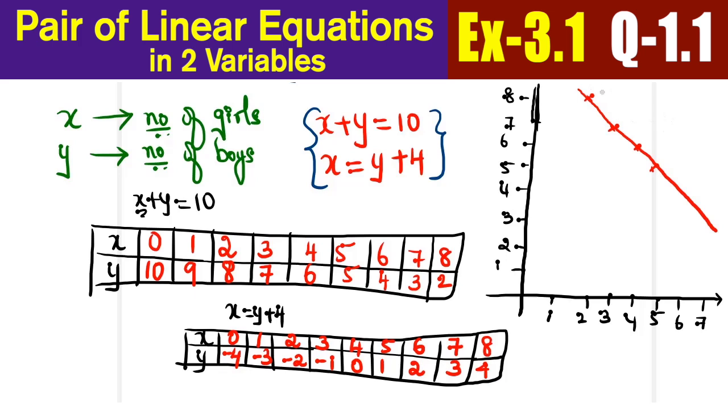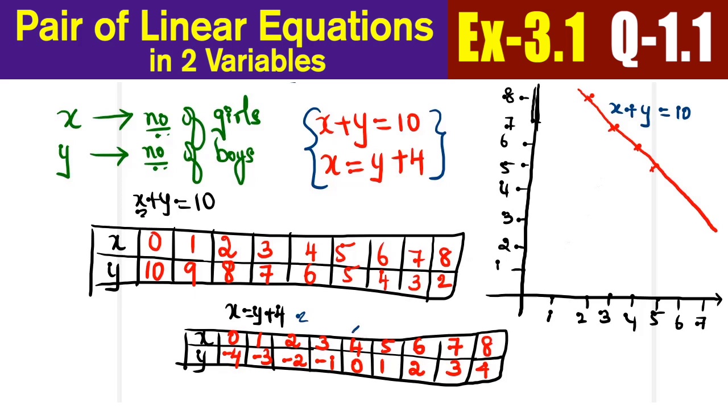For this line, immediately write the equation for which it was plotted. So in this case, it is x plus y is equal to 10. Now, let's do the plot for the other equation, x is equal to y plus 4. I'm not going to plot the points 0, 1, 2, and 3 mainly because these y values are negative, so it doesn't bear any value in this numerical. So, I'm not going to plot that.